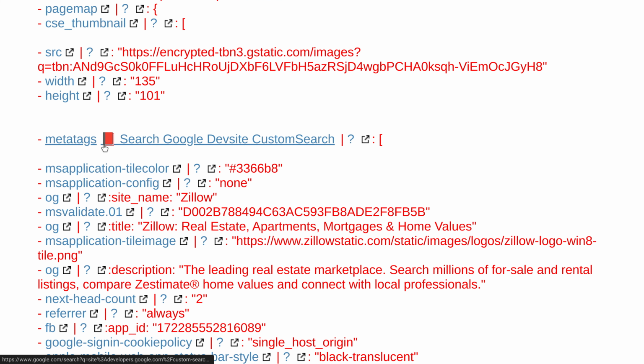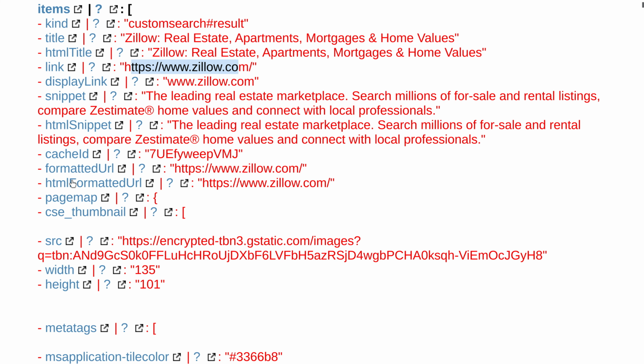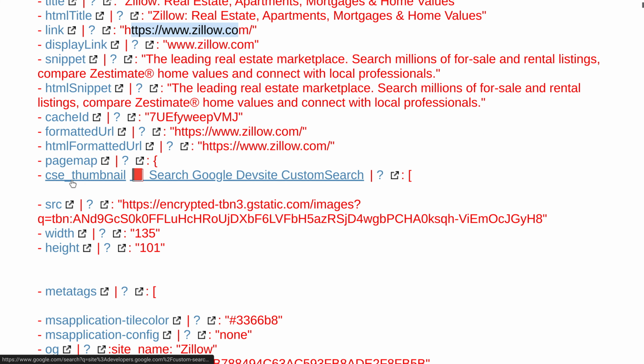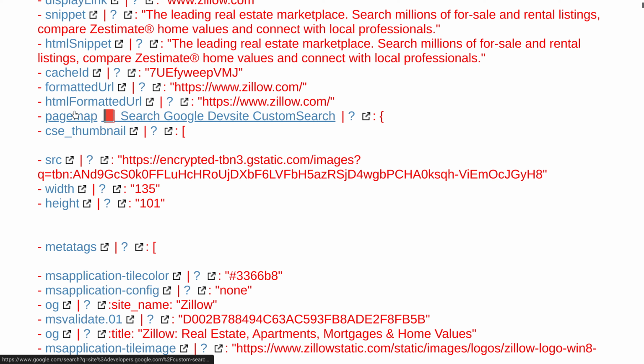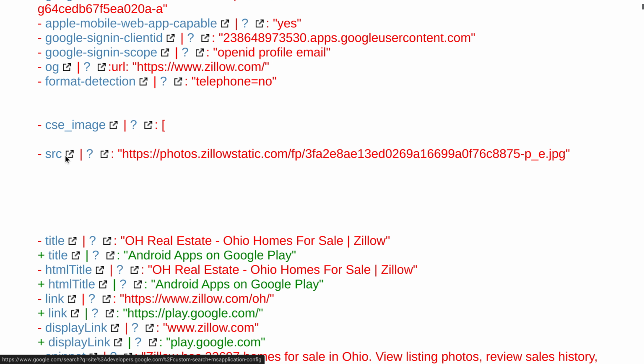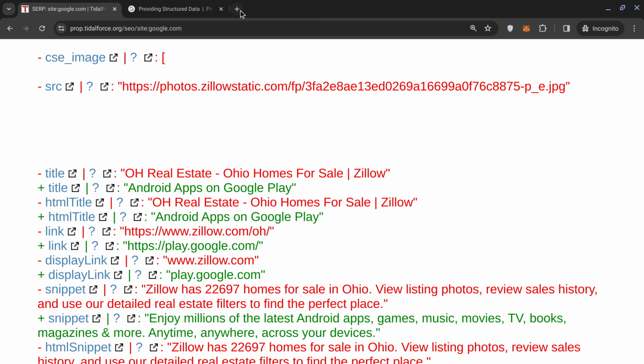Yeah, there you go. So what is all these parts of Google search results? JSON data? We have to research that. There's a cache ID, a formatted URL. So let's go down. This is all Zillow in red. And let's just see what Google finally shows up as a title with Android apps. So let's just show for people that are really confused what is going on here. If you go into Google and you type